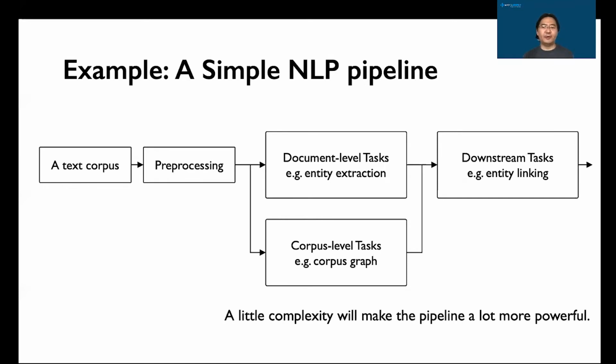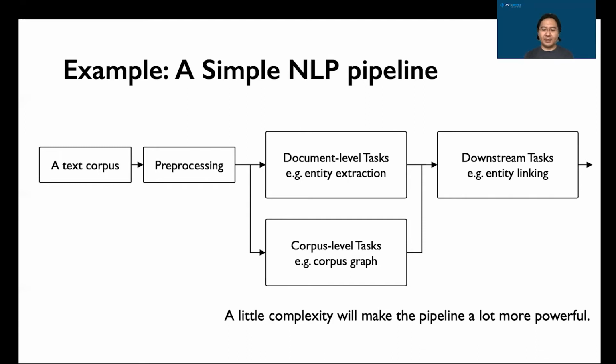So what if we feel like it's not good enough to just do the entity extraction, and for a given corpus, we can also do some corpus level tasks, like for example, building a relation graph between all the documents, and also doing some other type of clustering and document assignment. And then we also have the entity extraction, and we can combine these two results, and in the downstream task, we can have some entity linking. And there can also be external dependencies that link these entities to Wikipedia and other external resources.